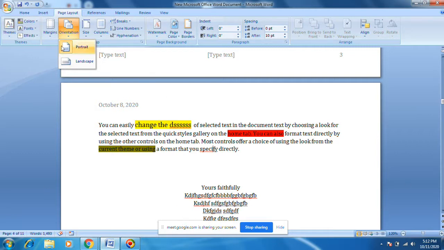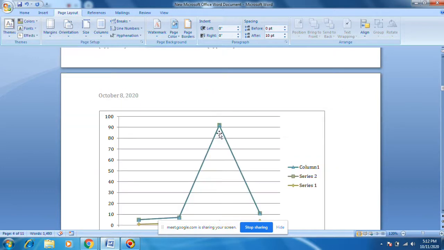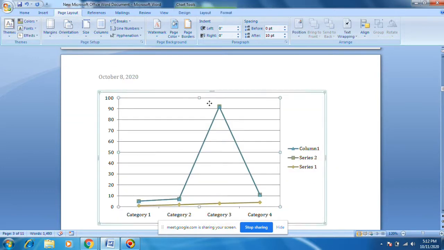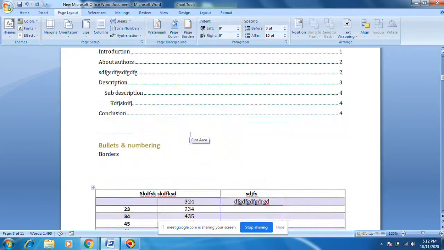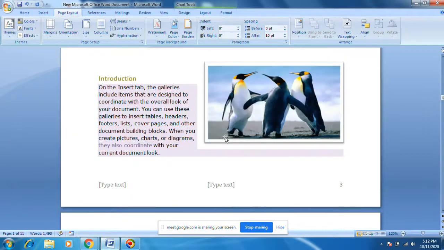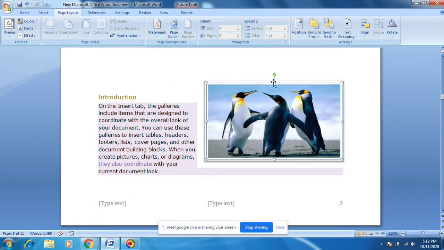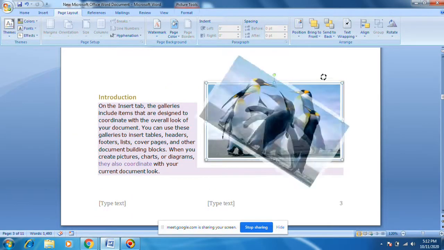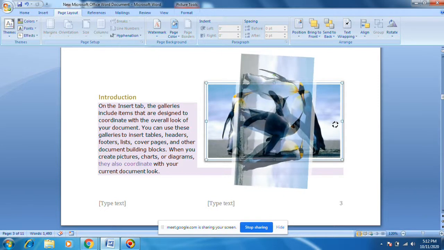Let's rotate a picture. What do you do? Insert picture. If you rotate this picture like this, it will print like this.